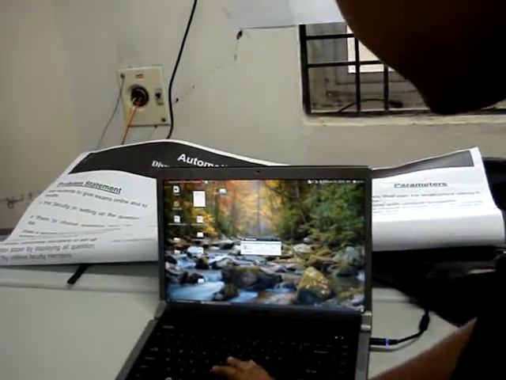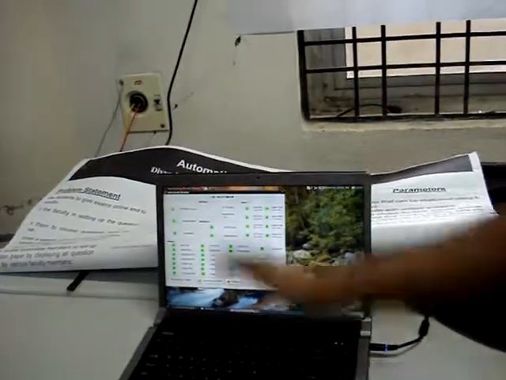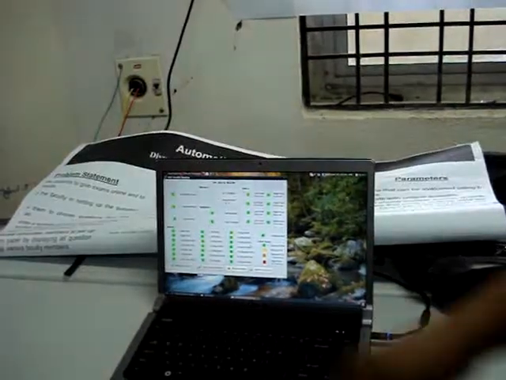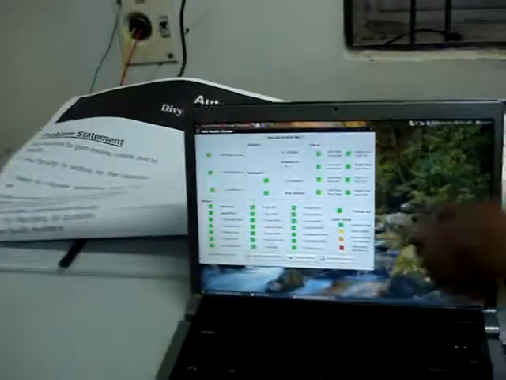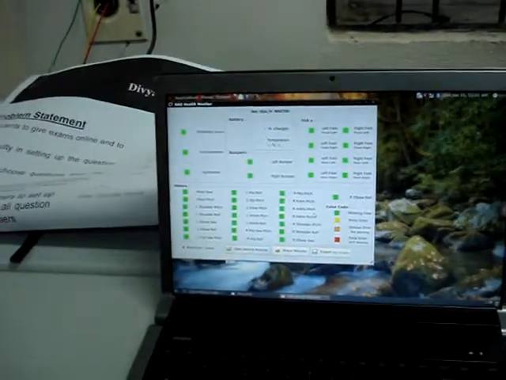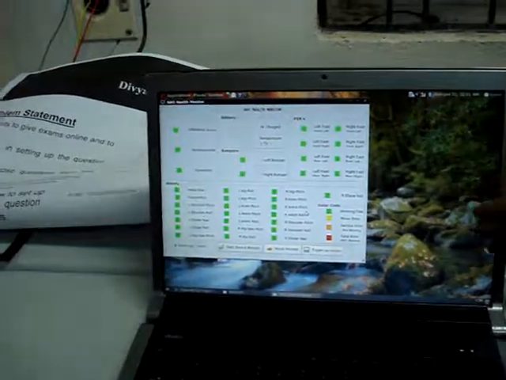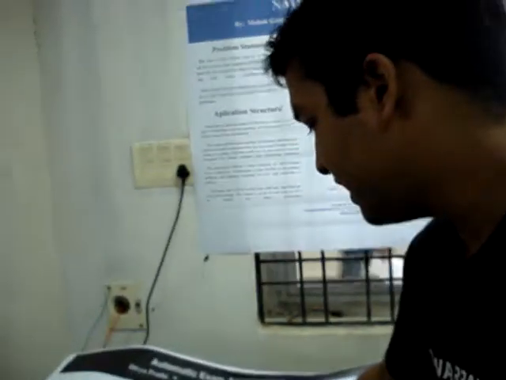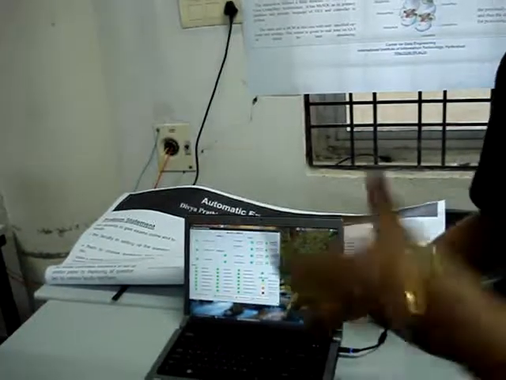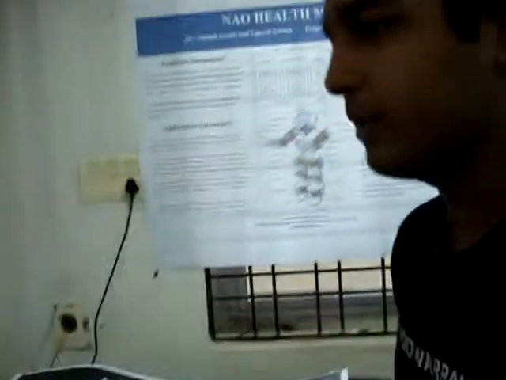Once I press connect, it generates a session where I have all these motors being monitored, all the vital sensors, the battery and the temperature of the battery. We have assigned 4 states to all the hardware: from working fine to minor error, serious error and fatal error. Depending on the type of error, the user can take corrective measures.